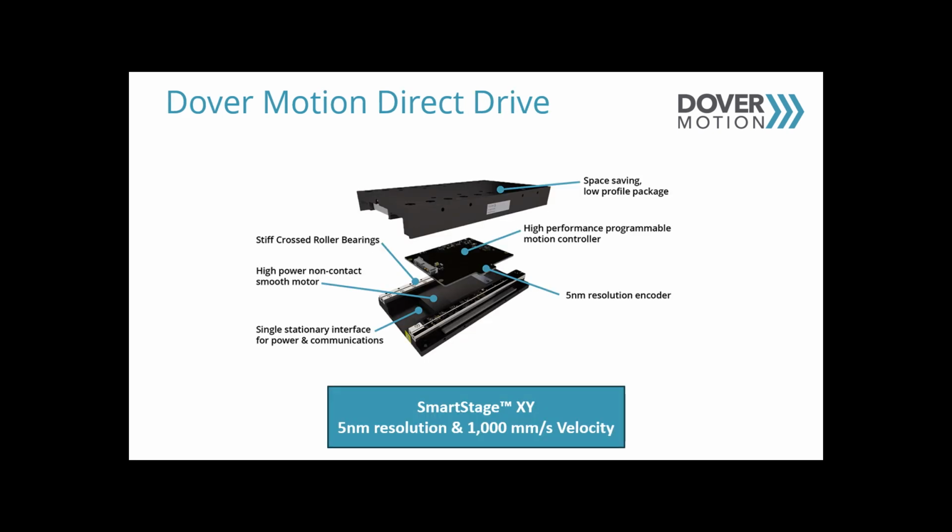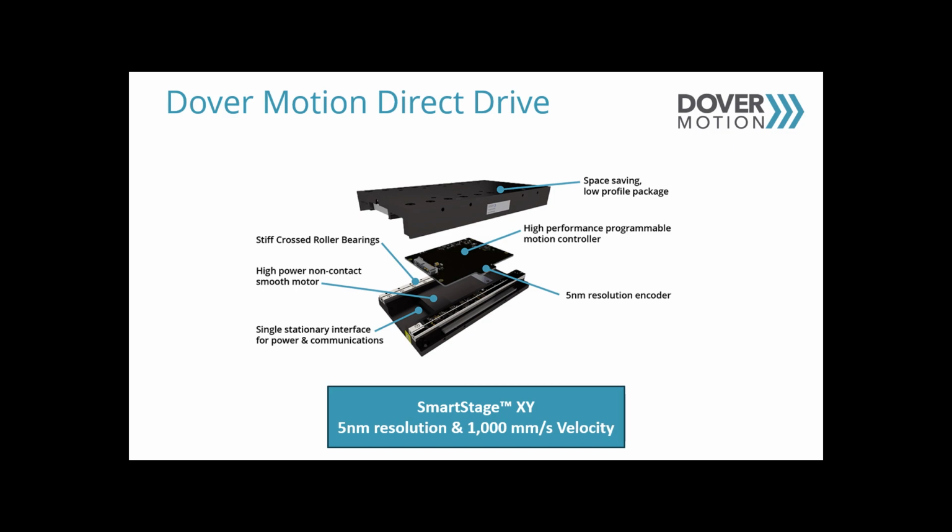With a direct drive stage, with linear encoder feedback, you're not limited in that way, so the only contacting portion of the stage is in the bearings. For imaging applications, we use a cross-roller bearing for our XYZ stages. This has high stiffness and supports high velocity motion. The non-contact direct drive linear motor and precision encoder, with typically a 5 nanometer resolution, provides fast and repeatable